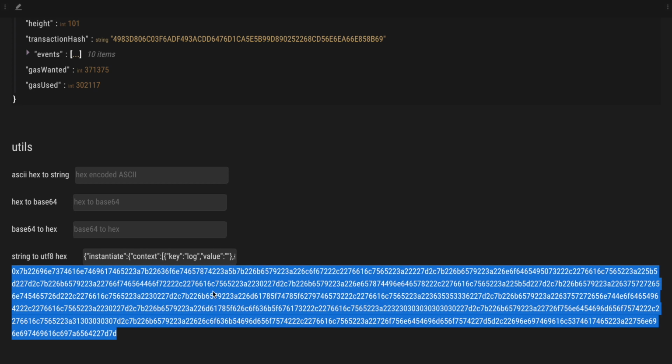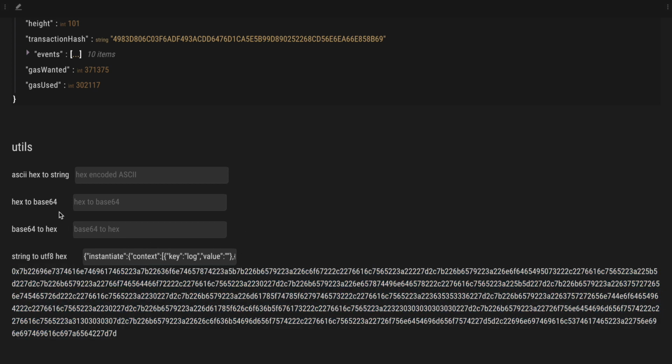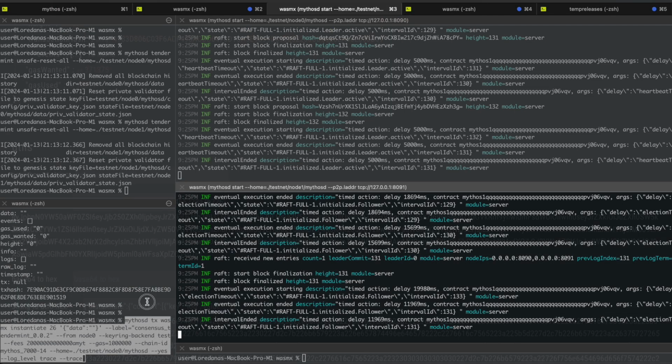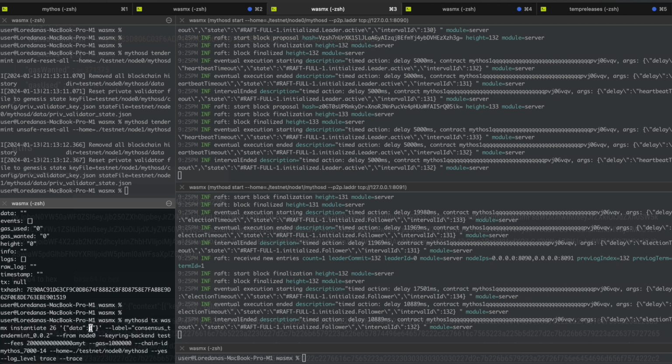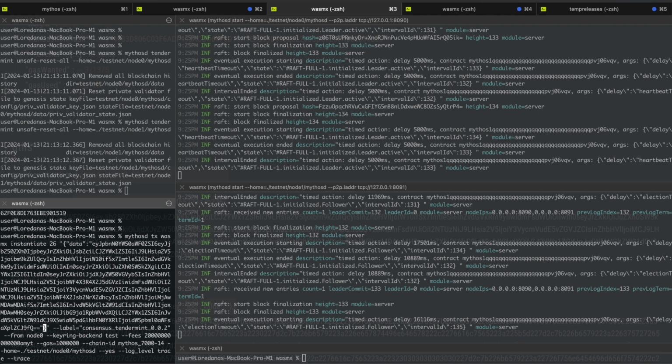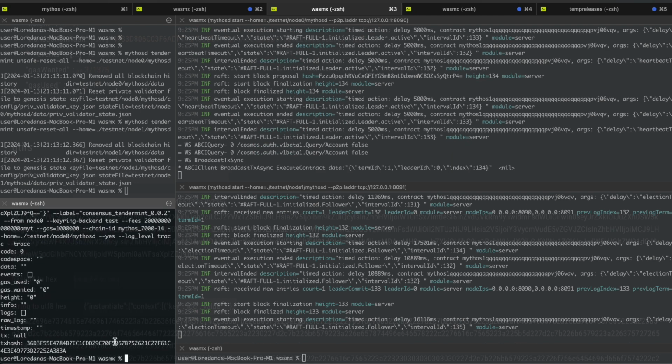And now I'm going to take this hex string and transform it to base 64. So let's instantiate this.